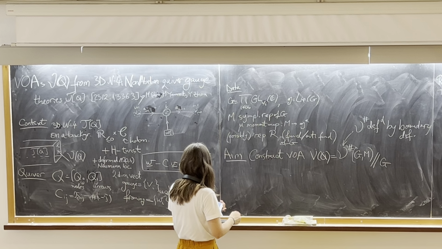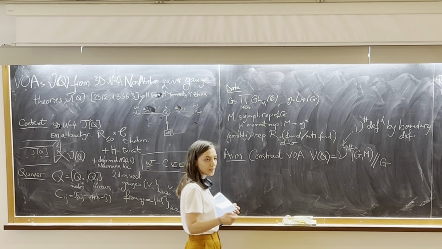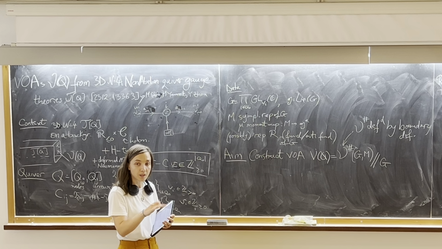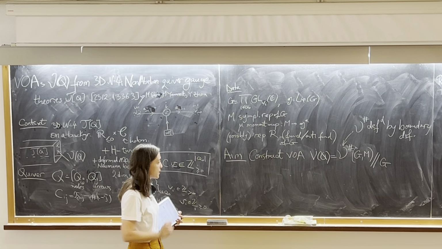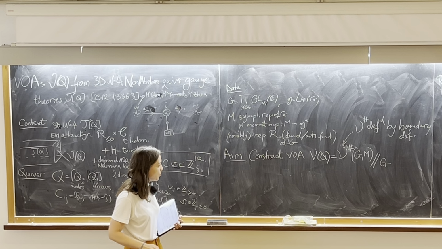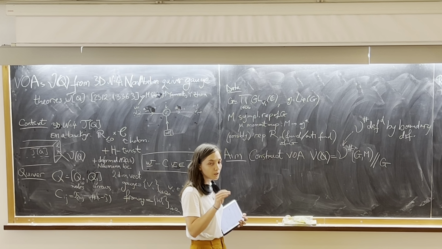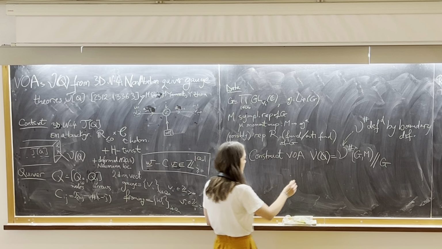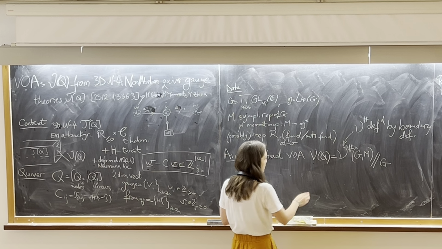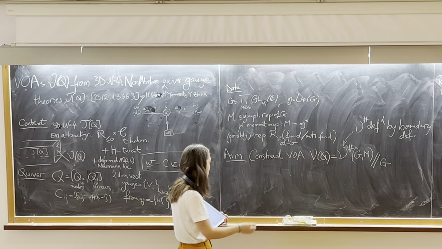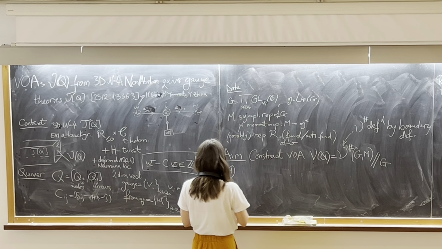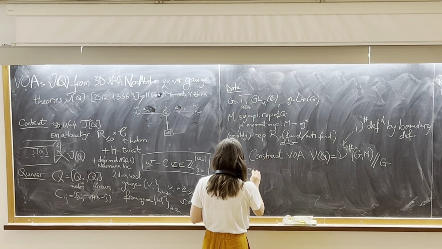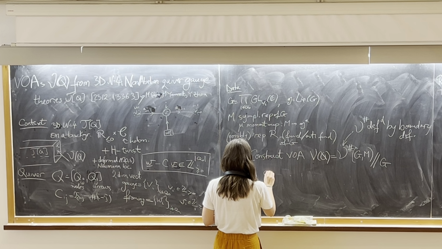Now this is for now still very vague, and people have attempted this. There are multiple works in literature where people have focused on abelian gauge theories and constructing this explicitly. Now what we did with my collaborators is specifically look at non-abelian gauge theories, and the idea was not to just study this boundary VOA V of Q physically just by constructing currents. So maybe I can say the first highlight of what we did was to construct the VOA explicitly